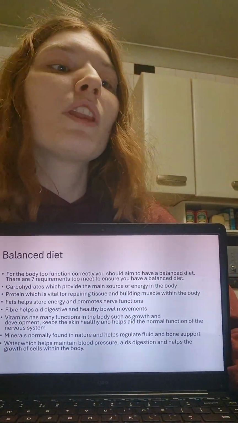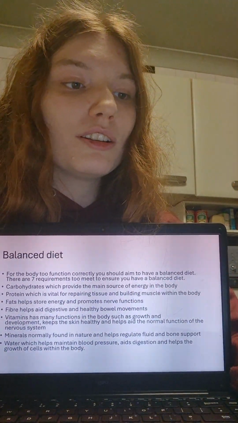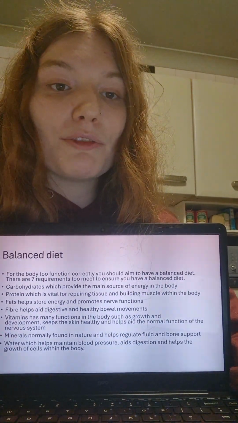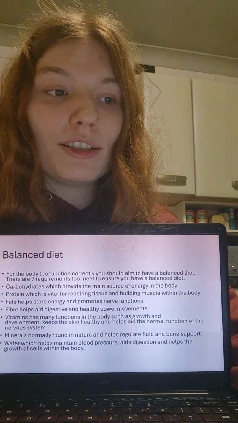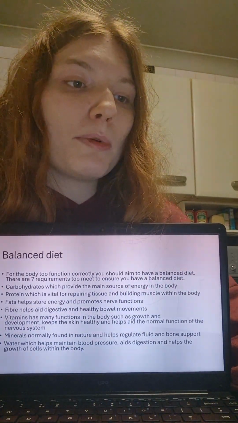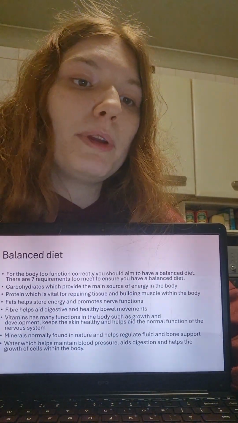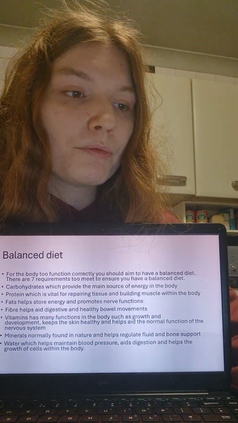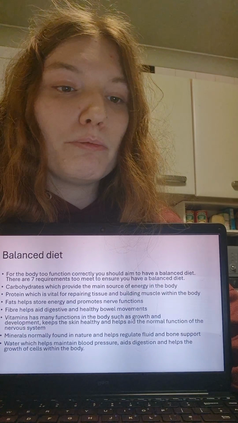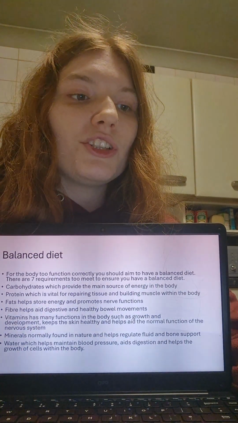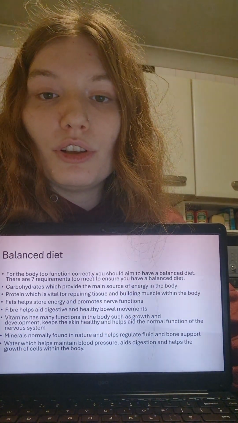Balanced diet. For the body to function correctly, you should aim to have a balanced diet. There are 7 requirements to make sure you have a balanced diet. These include carbohydrates, which provide the main source of energy within the body, protein, which is vital for repairing tissue and building muscle within the body, fats, which help store energy and promotes nerve functions,